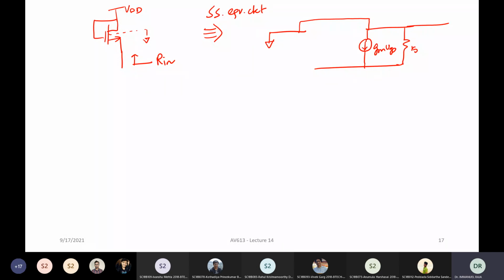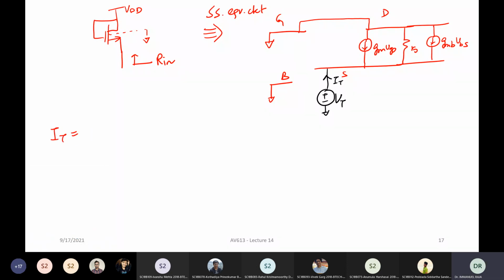So now what happens? You have body effect coming into the picture. And we saw in one of the earlier classes that it can be modeled as one more current source, which is called gmb VBS, which is going to be in parallel and in the same direction as your gm VGS. Now, where is your body? Let's say this is gate, this is drain, this is source, this is your bulk. Now, we want to know what is our input impedance. So how will we find out input impedance? The same old technique: apply VT, measure IT.